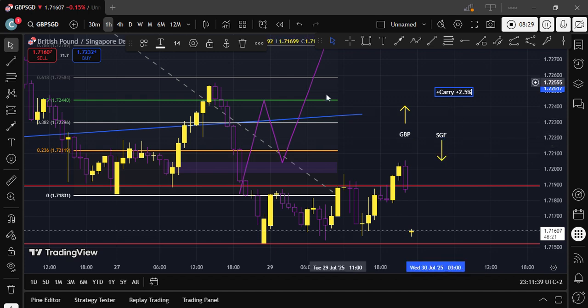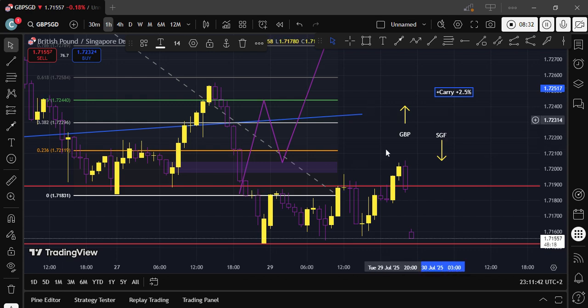So normally my trades are held long on the daily, for at least a month. If I was holding a trade, I'll be holding it for at least a month or 3 months or above that. Even at this moment, the US dollar is getting weaker. So this was supposed to be the pound USD. Unfortunately, because the interest rate on the USD is a little bit bigger compared to the SGD,